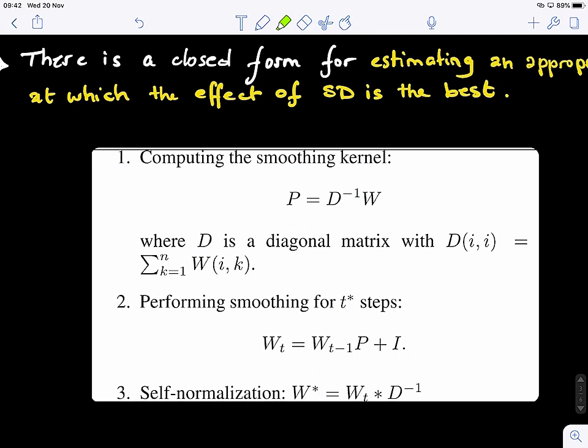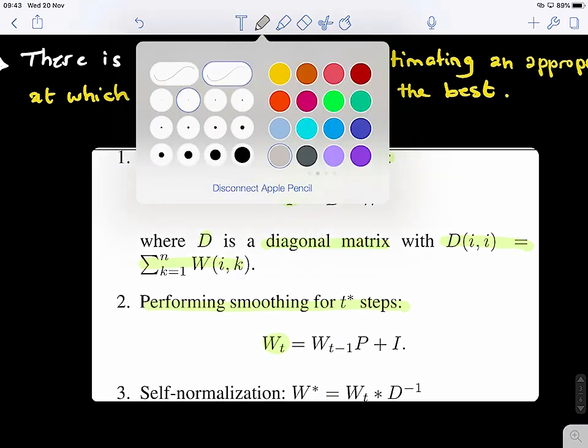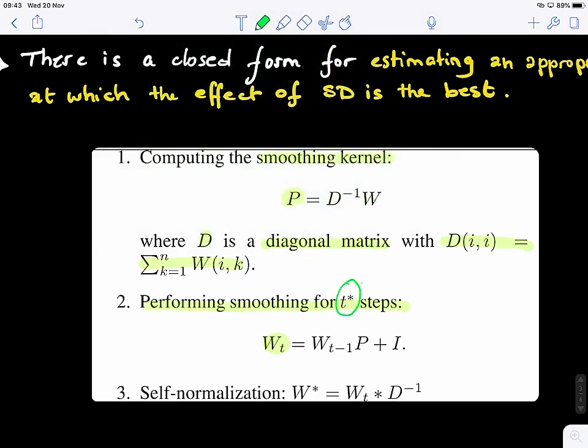Okay, so it's very simple. You need to define the P, and then you will iterate. First, compute the smoothing kernel. D is a diagonal matrix, so this is the definition, very simple. Then you perform smoothing for T star steps. You need to implement the T star, and the exact formula you'll find in the paper,